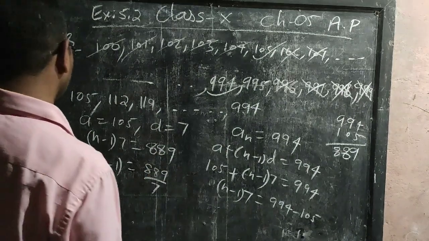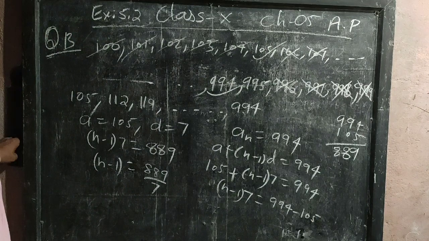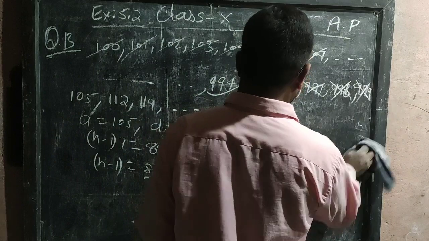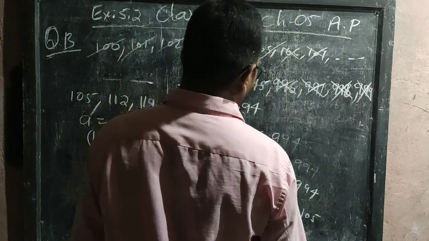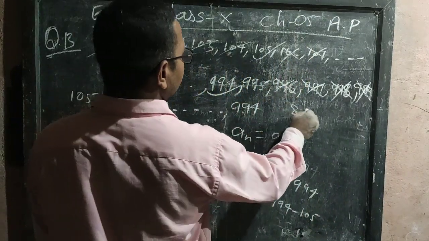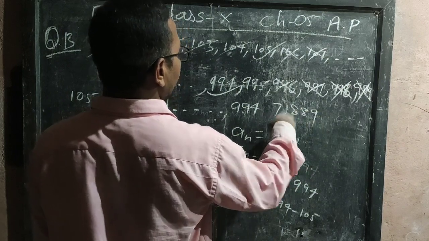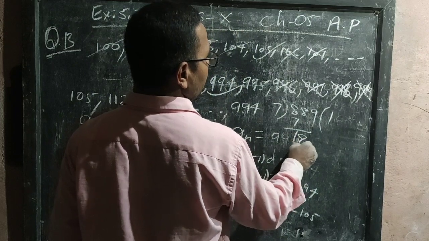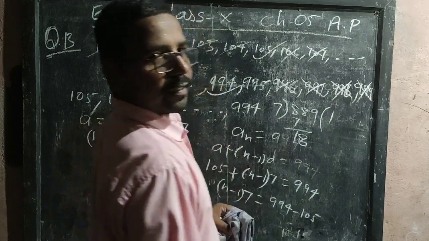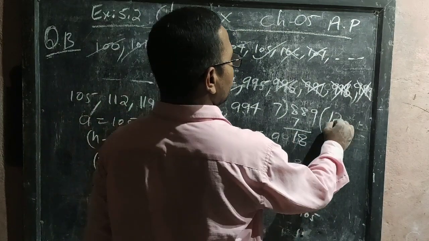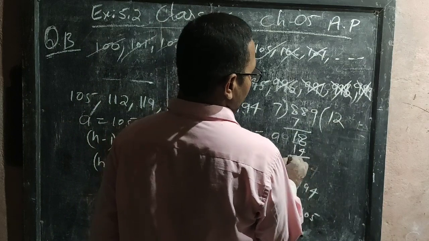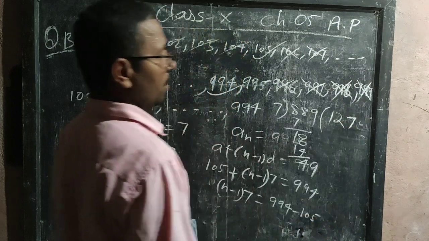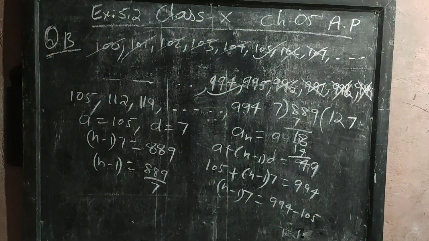Students, let's see the division also, because many of them don't know how to do divisions. So 889 divided by 7. One time it will go, 7 you will get here. 1, 8, 7 ones are 7, then 14. 7 threes are 21, so 2 times it will go. 7 twos are 14, so 4 you will get. And 9, 49. That means we are getting 127.